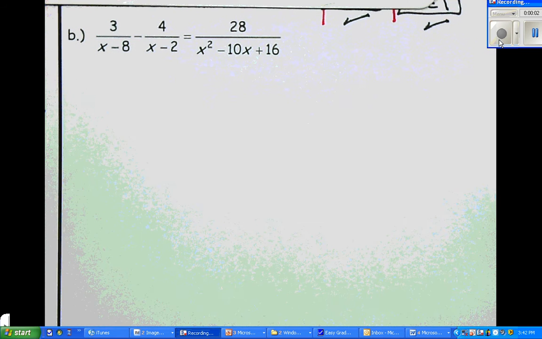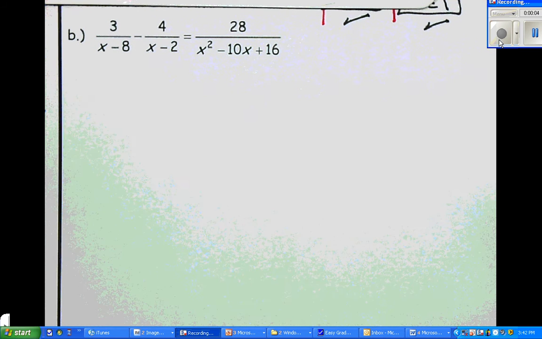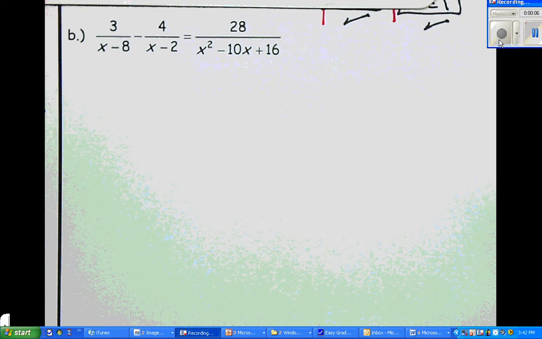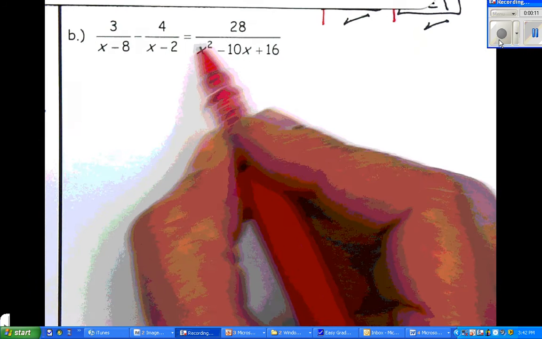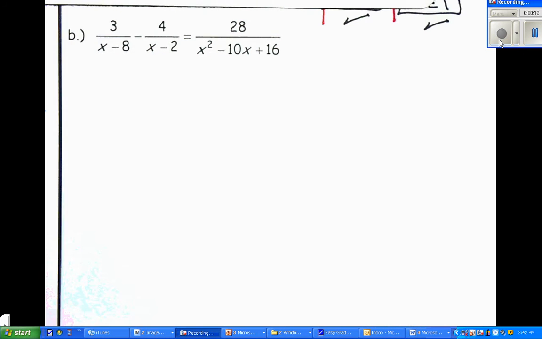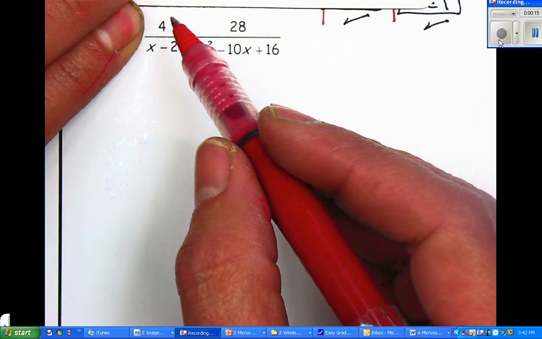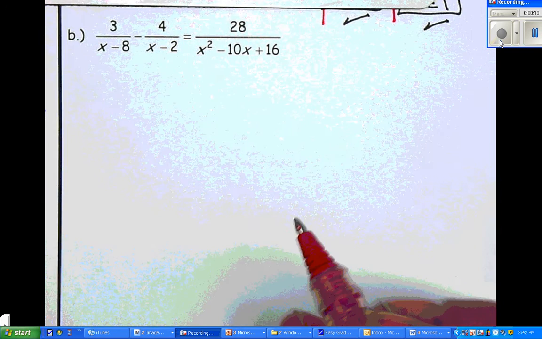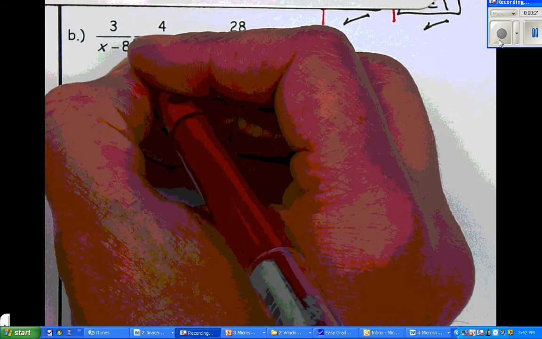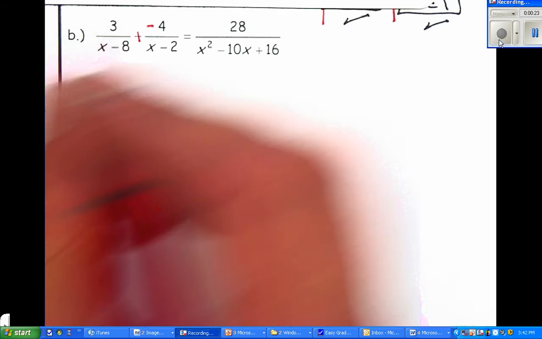Example number 3b, we have an equation. We have two fractions on the left hand side and a fraction on the right. There's no way that we can cross multiply. If we have this, then we will be able to just cross multiply. It will be a much easier problem, but we do have two fractions on the left. First thing, as we've done before, we change this to an addition and this to the opposite to make it